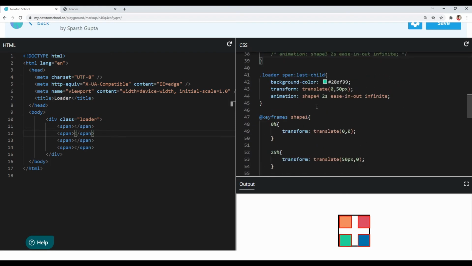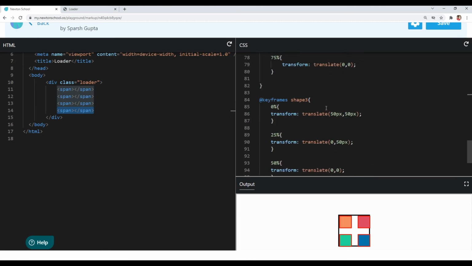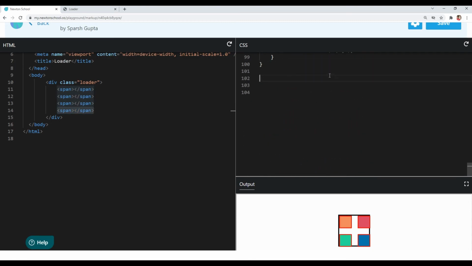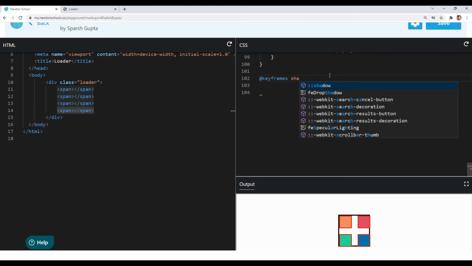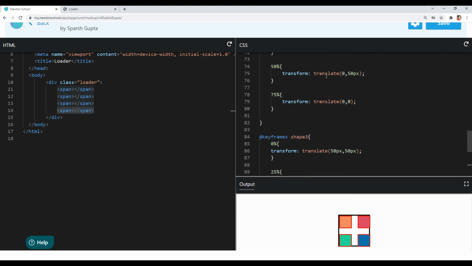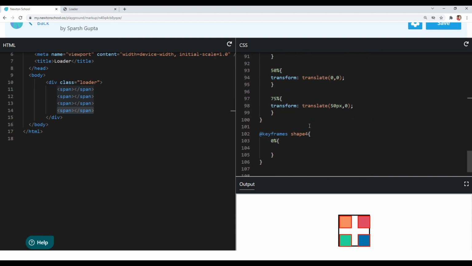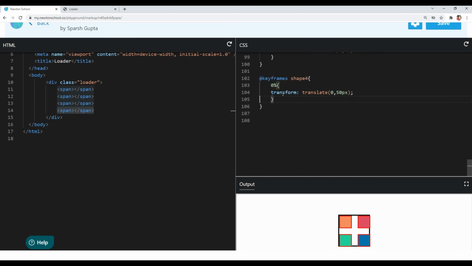Okay, so now let's focus on the animation of our last child, or you can say the fourth child. So let's quickly define the animation. The name of the animation for the fourth child was shape 4. At 0% we want its initial position, so I will copy the initial position and paste it in the 0%.